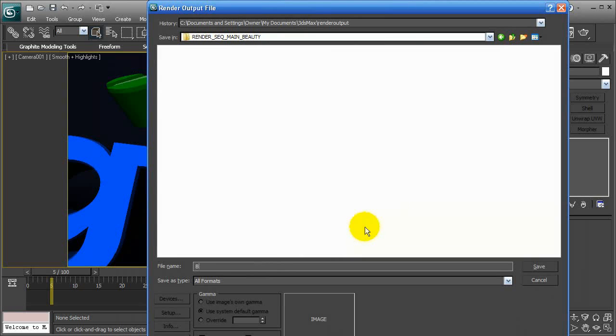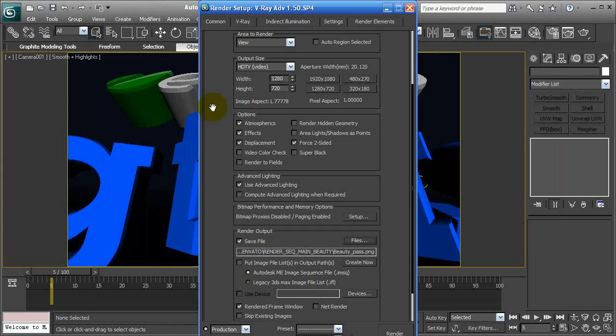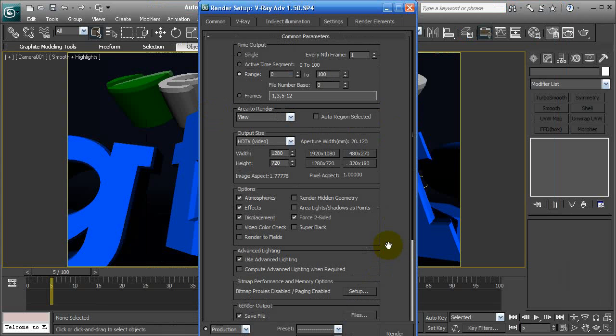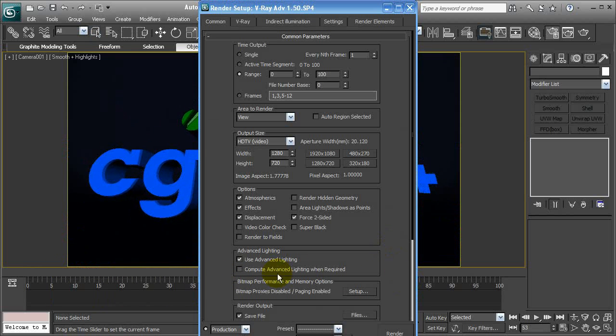File name beauty pass. Click on the PNG format, save. The alpha channel is on, the RGB 48-bit is checked. Click OK. And now I'm going to make a render so you can see the final result,